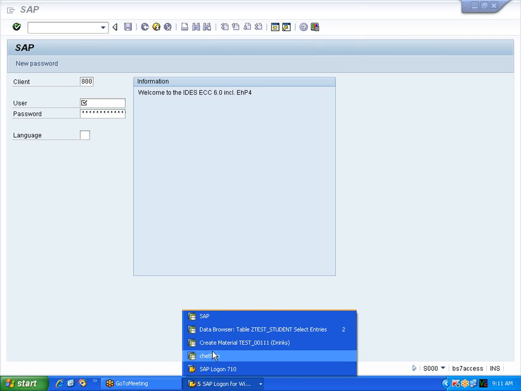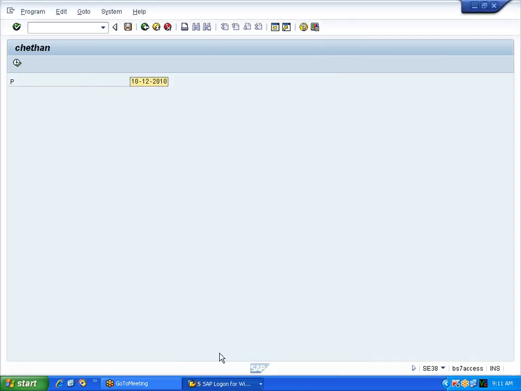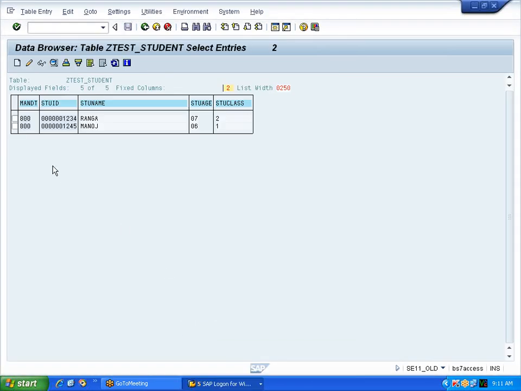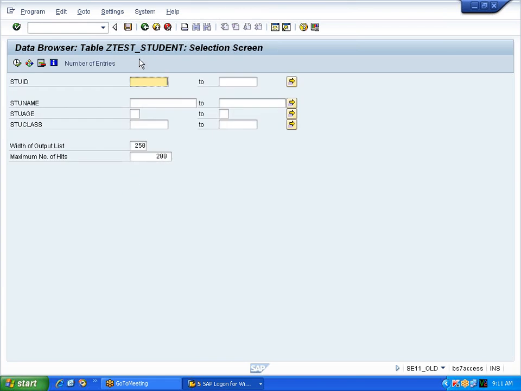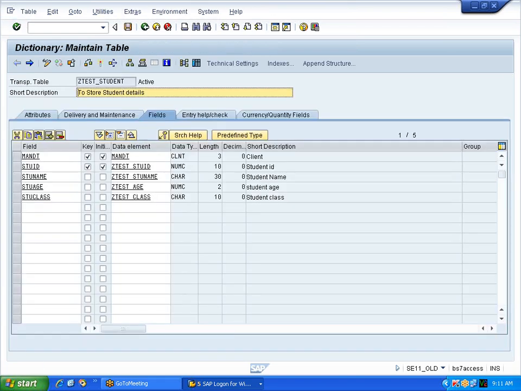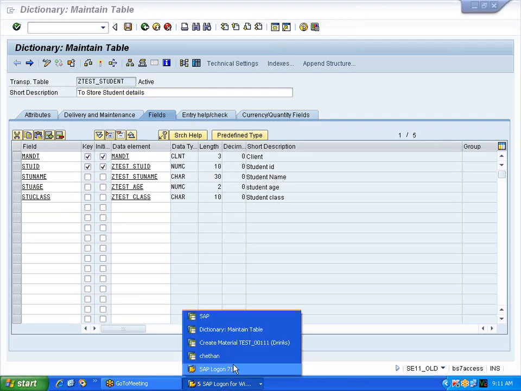So that 800 is stored here in the MANDT. See, 800. As of now I can tell you that, but more details I will give you in the next classes. So see, this is the table structure, right? This table structure, if you say